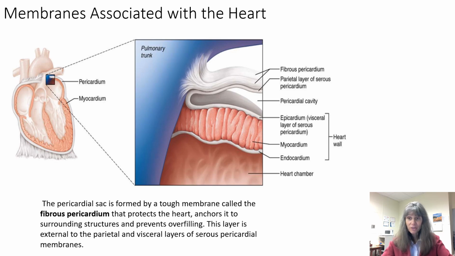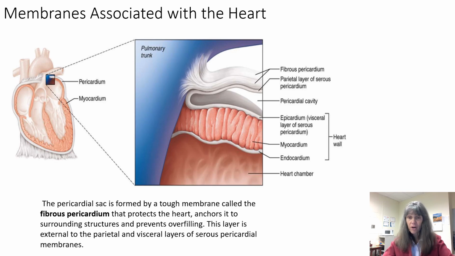When you recall what you learned in A&P1, you'll remember that with the heart being in the pericardial cavity, the serous membrane that was closest to the heart itself was termed visceral pericardium. When we look at this picture and look closely at the term heart wall, which has other layers bracketed, you'll notice at the very top it says epicardium, which is the special term for the visceral layer of serous pericardium. You'll also notice that the epicardium folds back to form the parietal layer of serous pericardium,